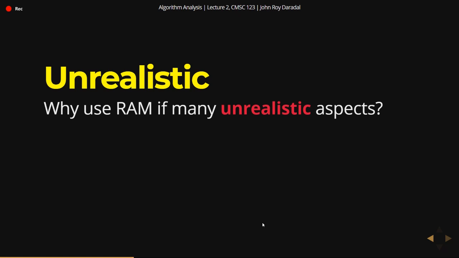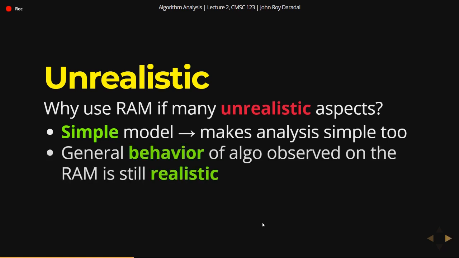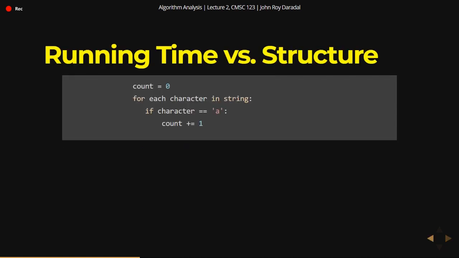If it has too many unrealistic aspects, why do we still use it? It's because the RAM is a simple model, and that makes the analysis simple too. And even with a lot of unrealistic aspects, the general behavior of the algorithm that's observed on the RAM is still realistic. So we'll still use the RAM even with the unrealistic simplifications. Okay, so that's the RAM model. Next,